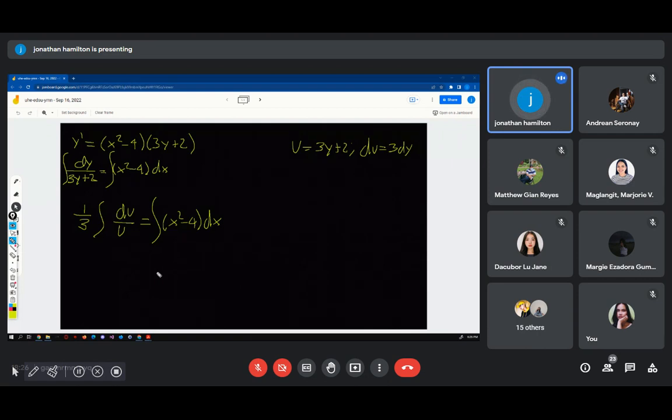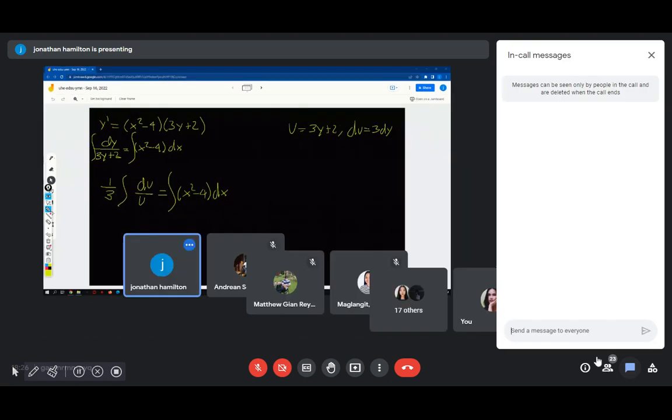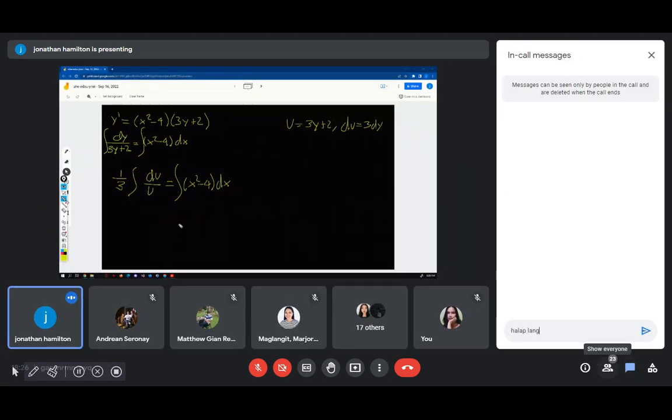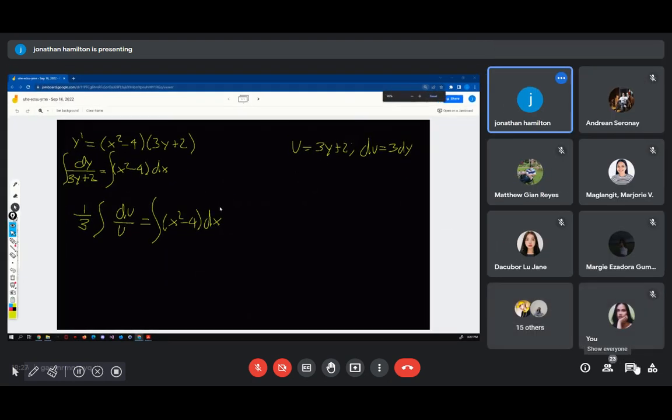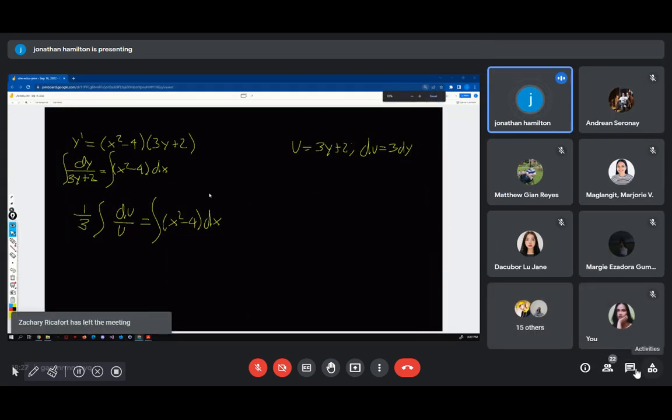Sige, so small review. Unsay integral of du over u? Na naka-remember ani? Or wala na? Sige, so if... alat lang sir. Wala ka pa ni. So